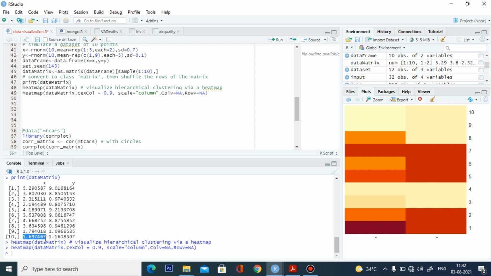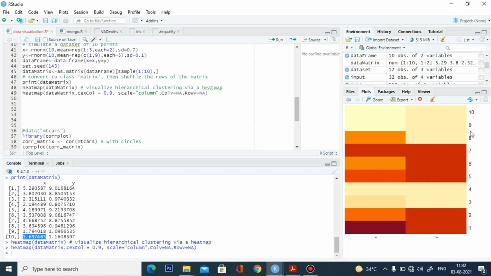So based on that intensity, the color will vary. So we can easily understand the data spread over the variables and where the value is high and where the value is low. In the same way, in the y-axis, the first entry has a dark color, which means it has a high intensity value.